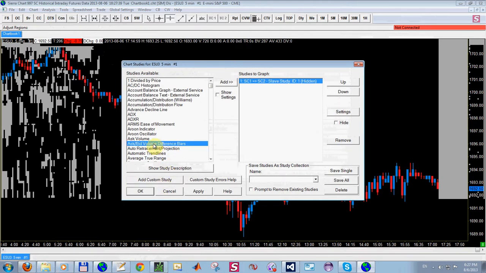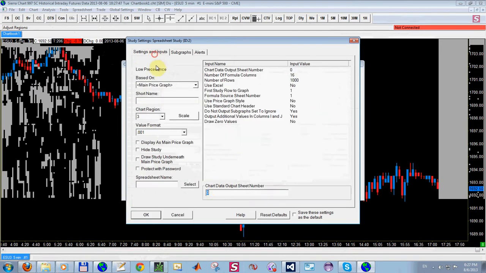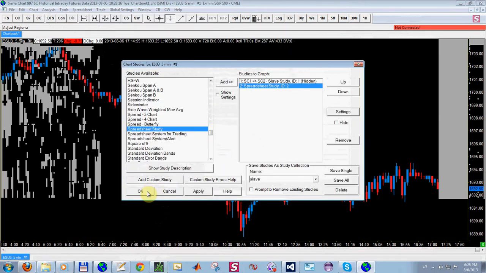One thing that's convenient to do is to open up a spreadsheet, just any spreadsheet. Let's just do the basic one for this demonstration. Let's plot this to the spreadsheet, and let's change the spreadsheet name to slave, and we do want to set this do not output subgraphs to ignore. Our subgraph is set to ignore. We want to see the values, so I'm going to change this to no, and click OK, and click OK,